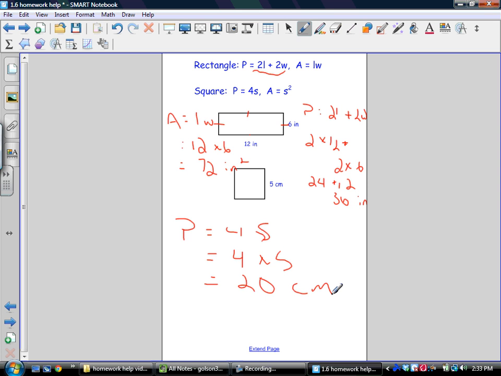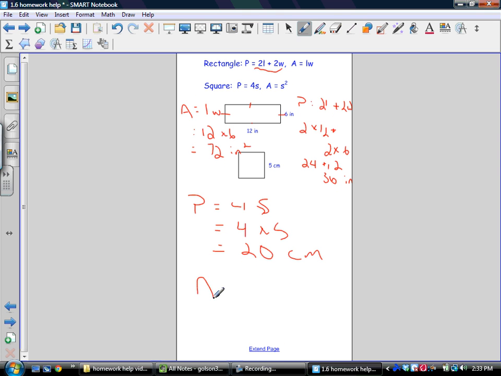And if I wanted to do the area, I can look up and see that my area formula says take whatever the side is and square it. So in other words, do side times side. So in this case, I write my formula, side squared, and the side is 5. So I have 5 squared, which is